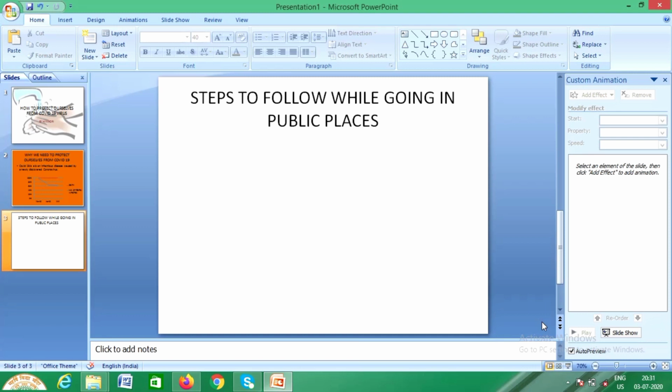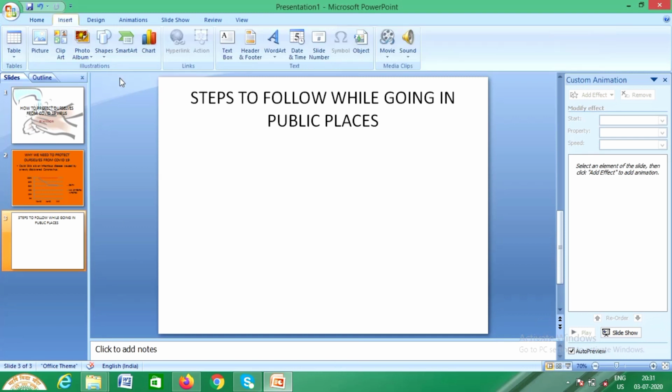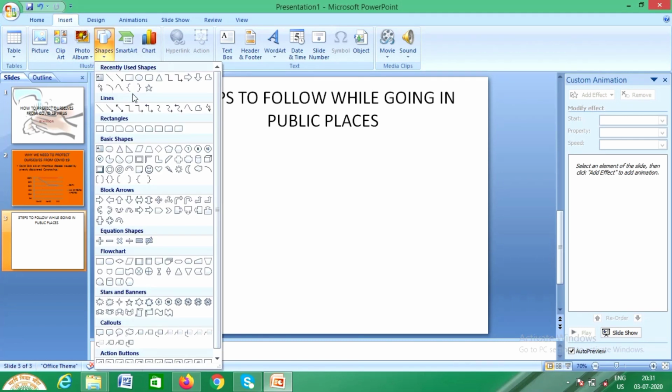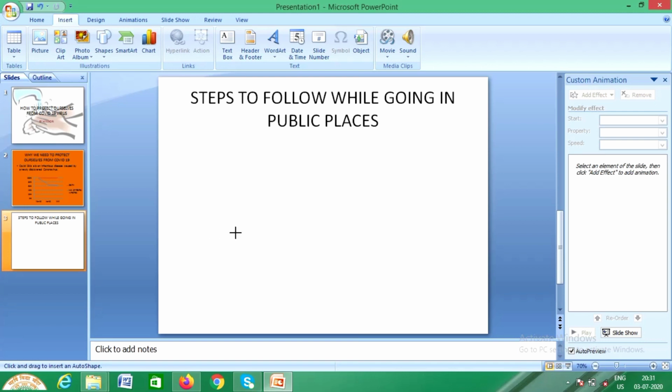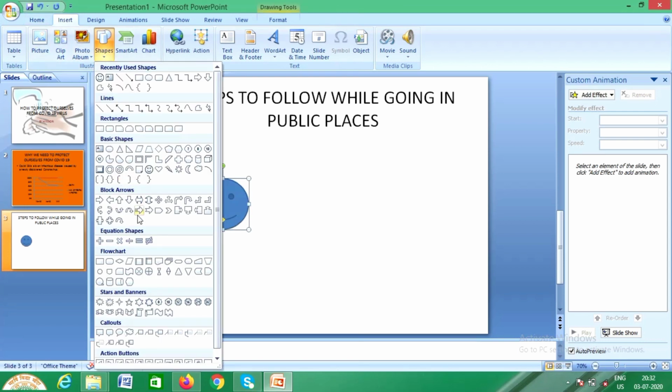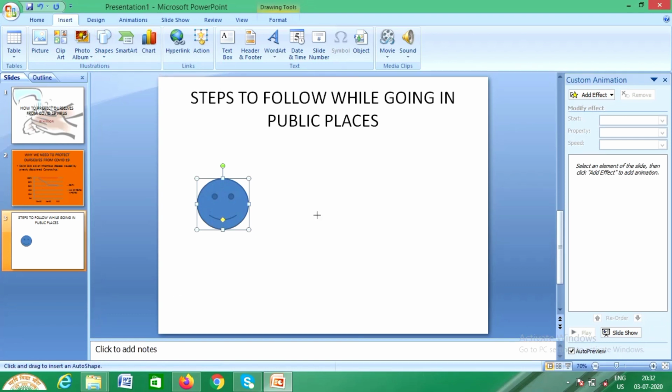So next I'll be writing here, steps to follow while going to a public place. Then I'll be inserting a picture or shape. I'll be inserting it, and writing what to do. Just to show you, you can also download and insert something else. I'm deleting this, no need.